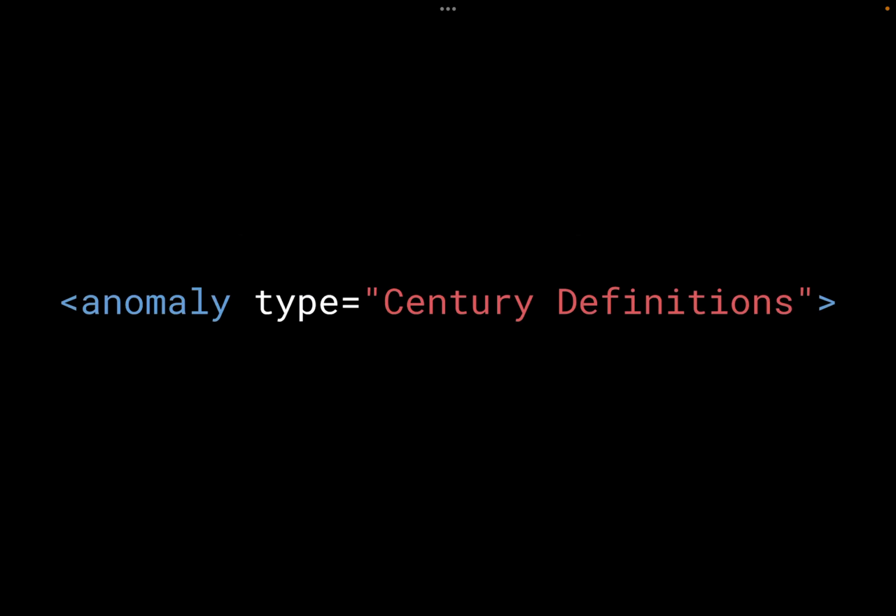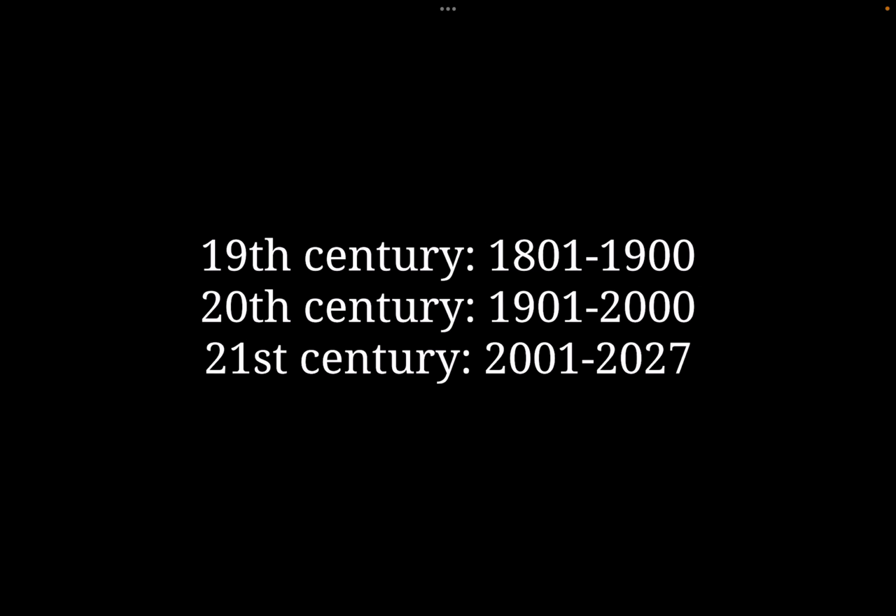That's the first anomaly. The second one is century definitions. So let's take the year 2000, for example. It might seem like it's part of the 21st century. It seems like it's the first year of the 21st century because it begins with those digits 20, versus 1999 seems like the last year of the 20th century. But in fact, 2000 is actually part of the 20th century, and 2001 is the first year of the 21st